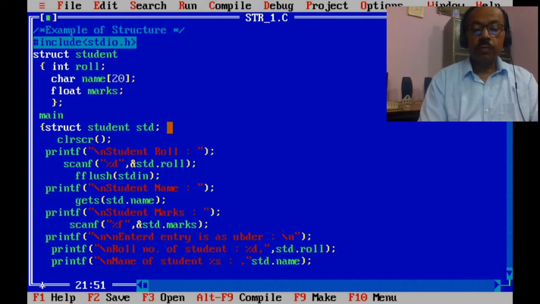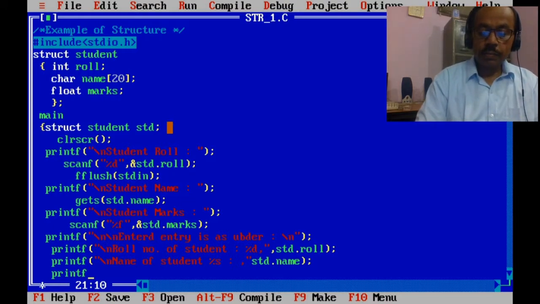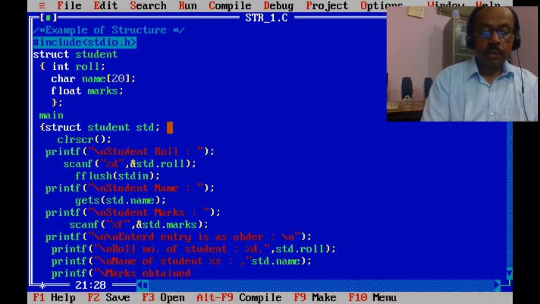And now printf marks obtained by a student %.2f, std.marks.